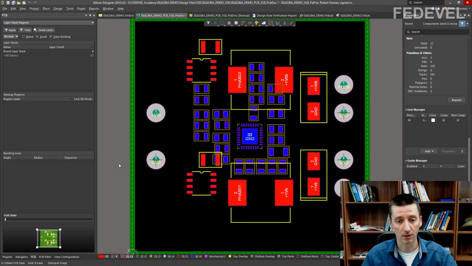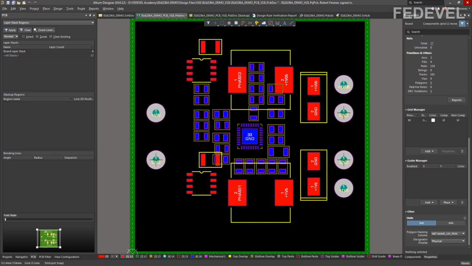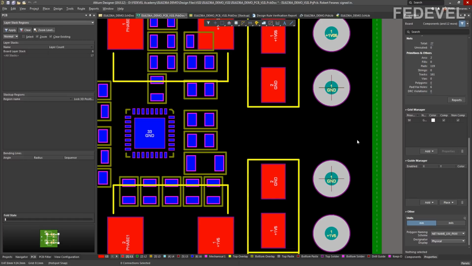Press Shift S, go into the default view. What I found very useful during layout is to assign color to some of the nets. For example, let's say we would like to assign blue color to the ground net.